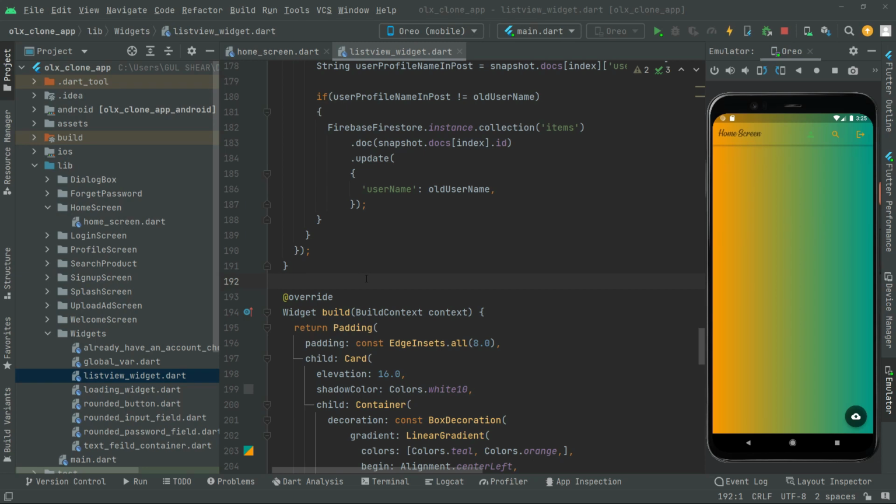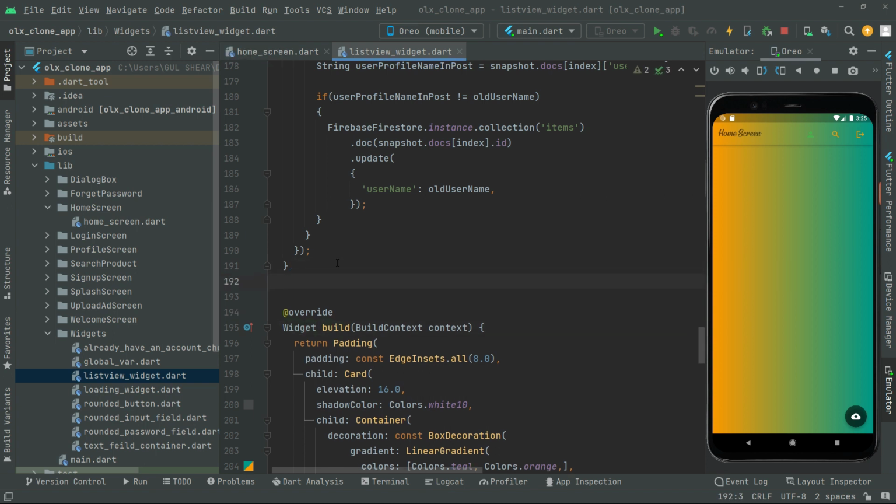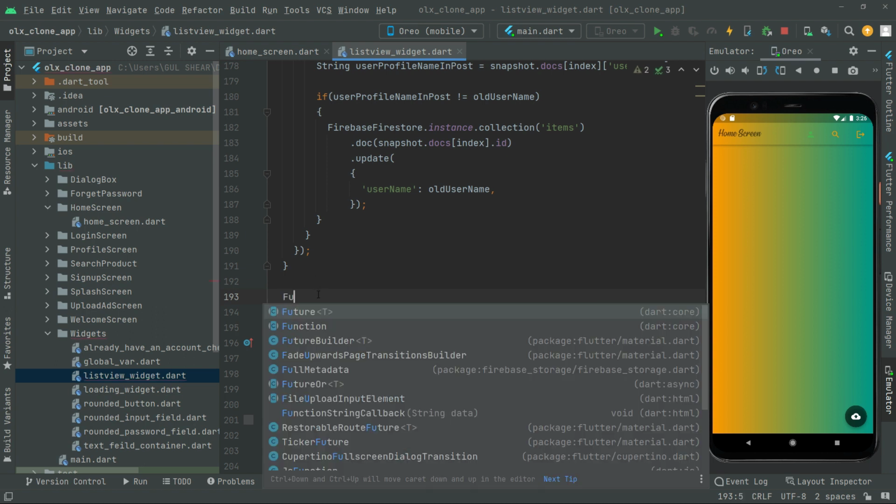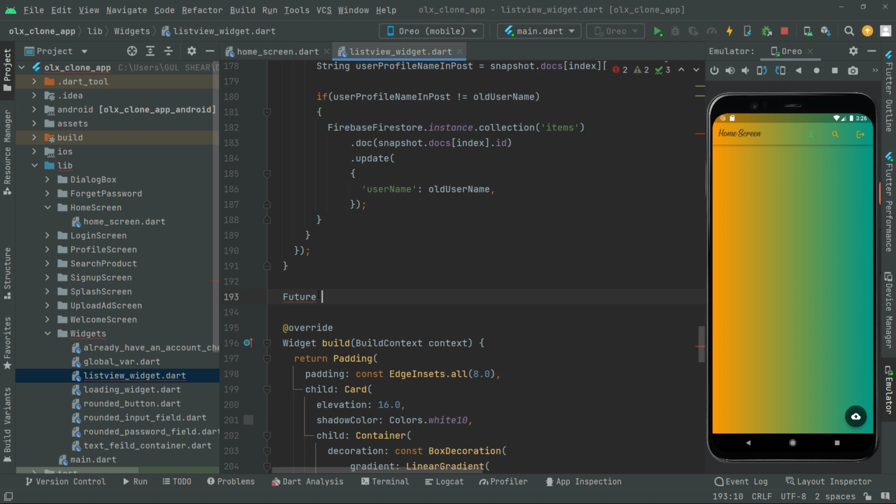Welcome back. So let's go ahead and create another method about the widget build. In here it is going to be a feature type, so we will make this private. Okay, so in here underscore, and then we say update